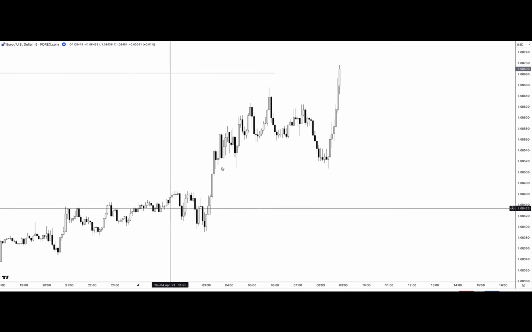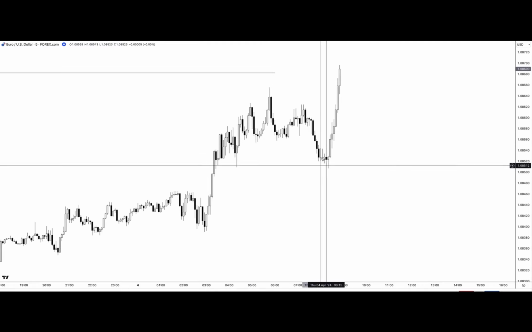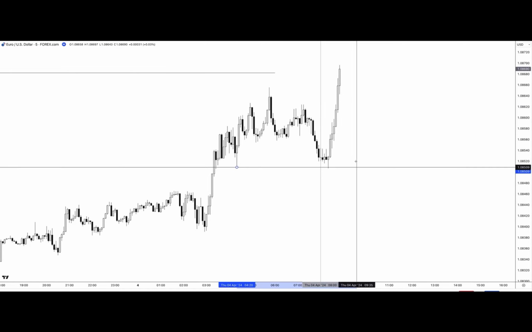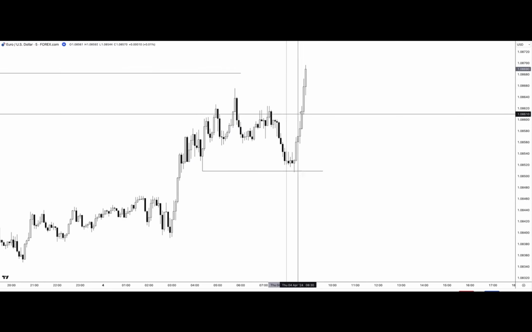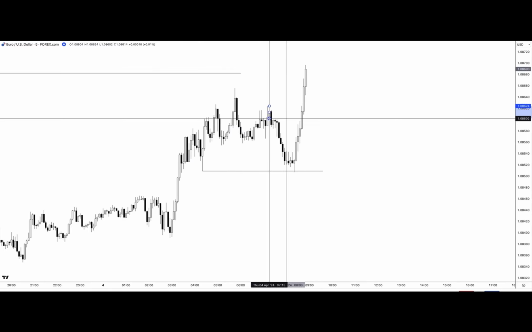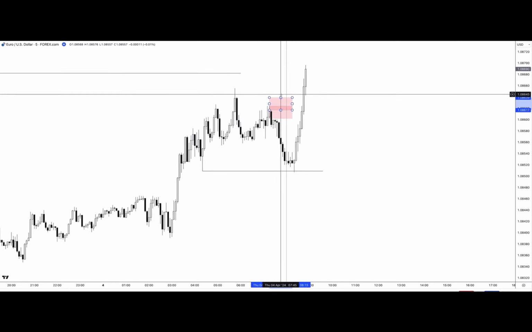Perfect. So New York opened right here, and right at New York open, look how price sold off, took the low here to induce sellers into the market. These areas are going to be traps. We do not want to be trading from these ones, and up here,